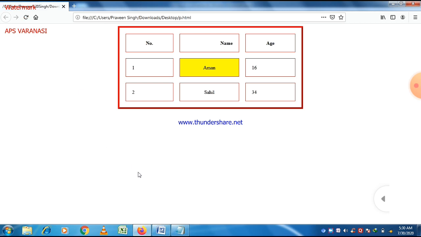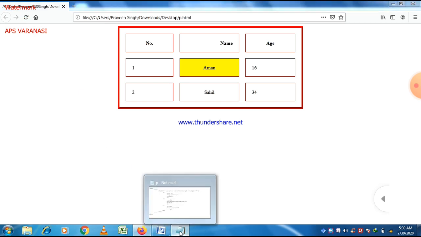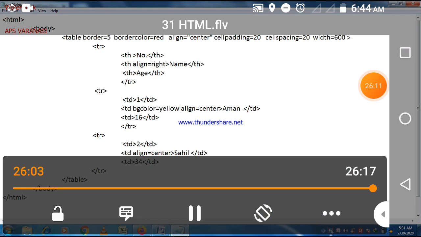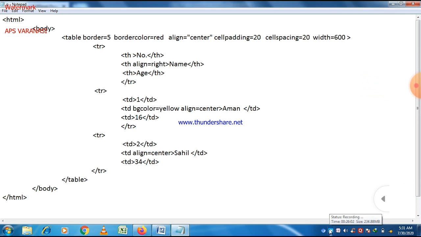Now you can see here. So these are the different attributes which I discussed here.